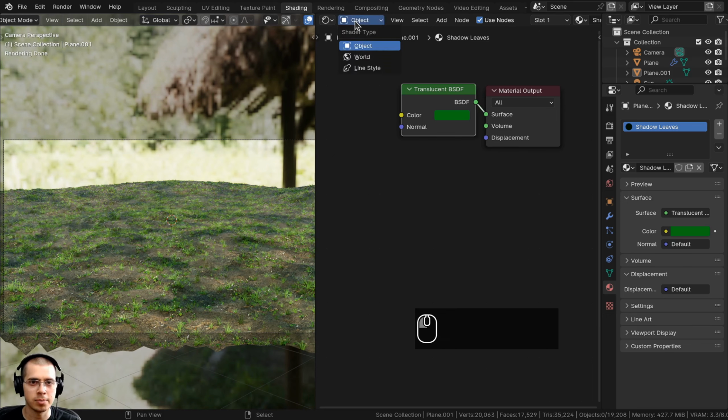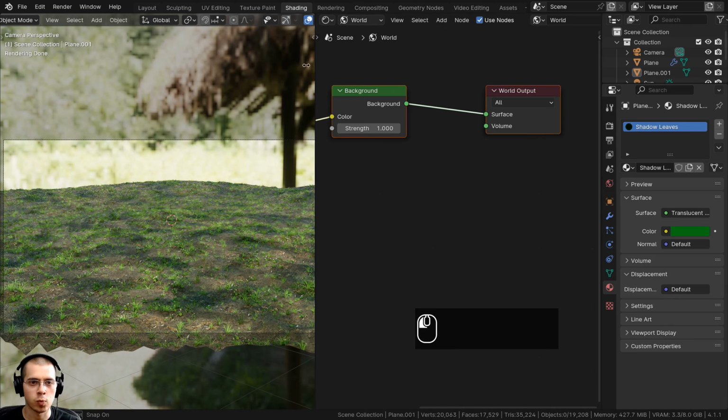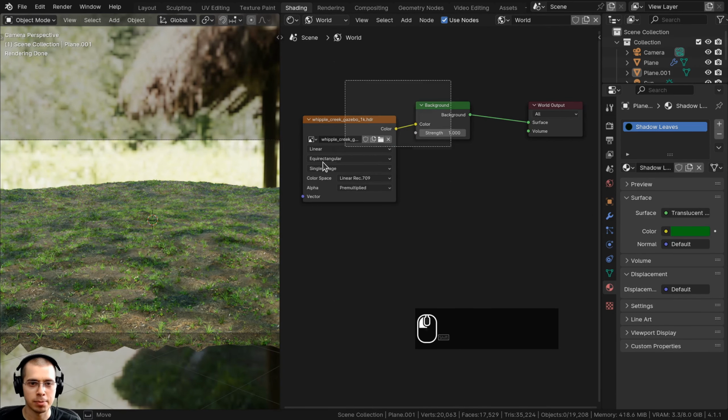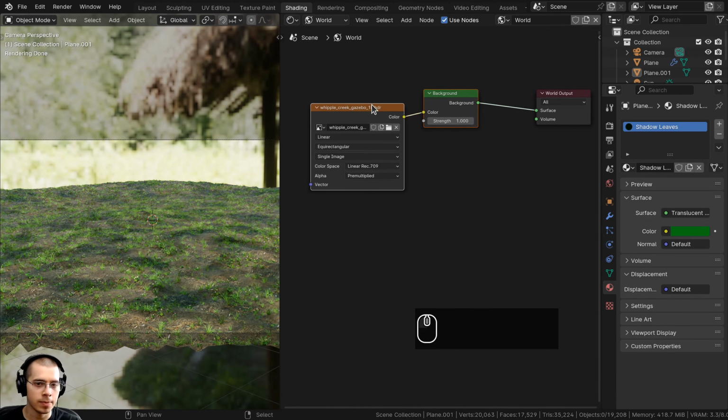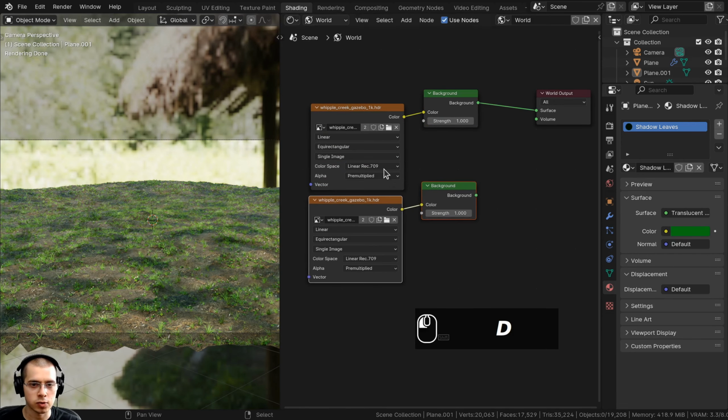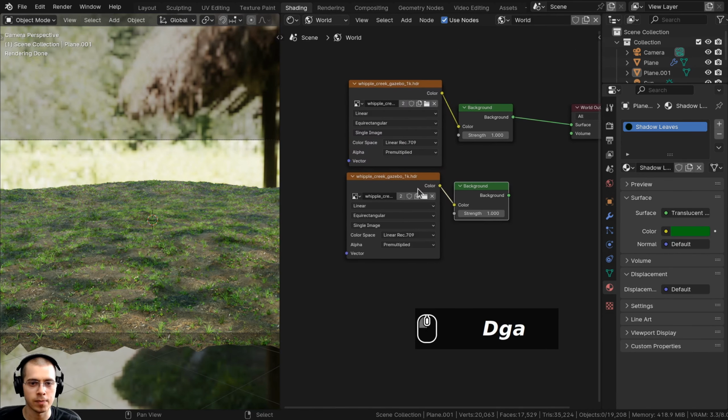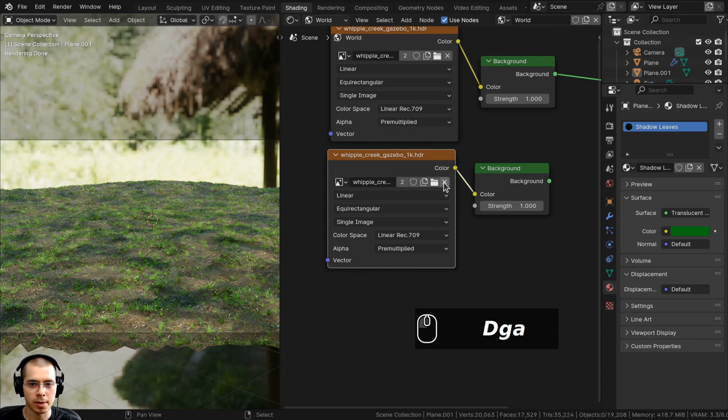So I'll click on object right here in the shader editor, and we're going to change this to world so we can edit the world nodes. And then I'm going to select both the background and the HDRI, and I'll press Shift D to duplicate and drop them down here, so we now have two of them. But then this bottom one here, I'm going to delete it, so get rid of that HDRI,